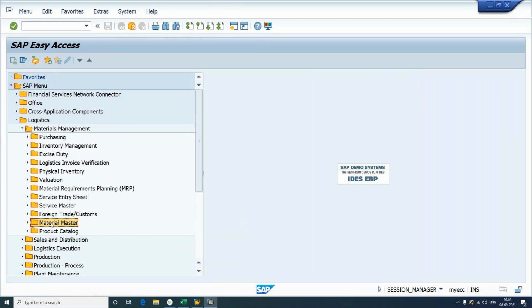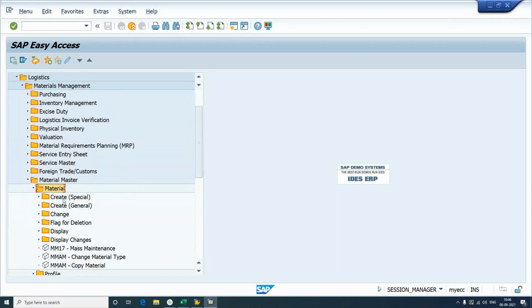If you get into this material master, material is what we need to work with. If you expand this material, there is create general. Work with this option, create general. If you expand this create general, MM01 is the transaction code for creating a material record. MM01. So if you double click on it,